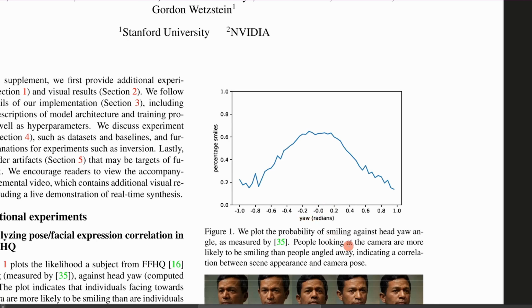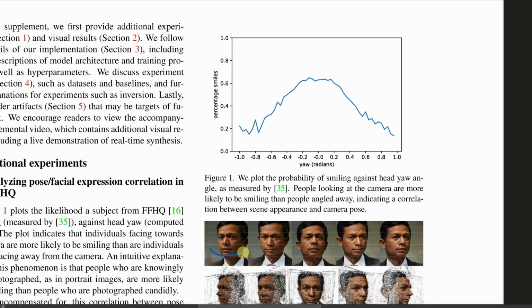Yaw basically tells you how rotated the head is along the XY plane, and you can see that when you're facing the camera up front, the percentage of smiles is way higher compared to when the head is turned away from the camera. And the reason is fairly simple. When people know that they are being photographed, they smile, and when they're unaware,